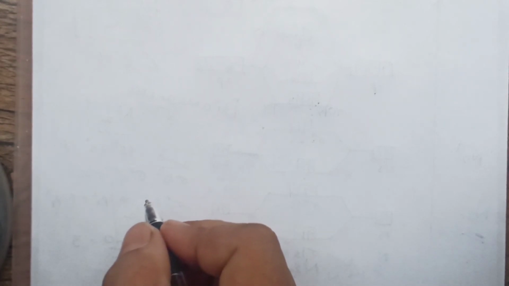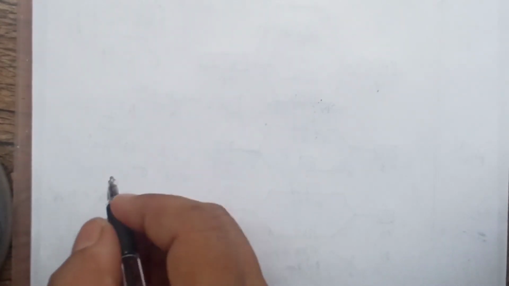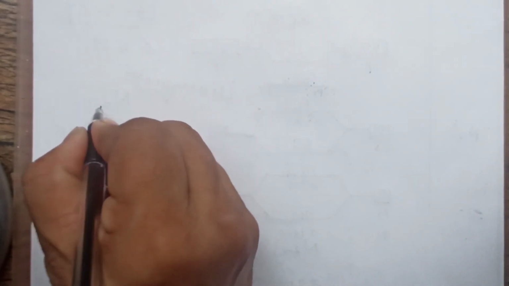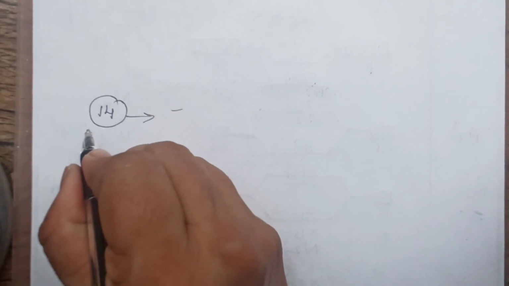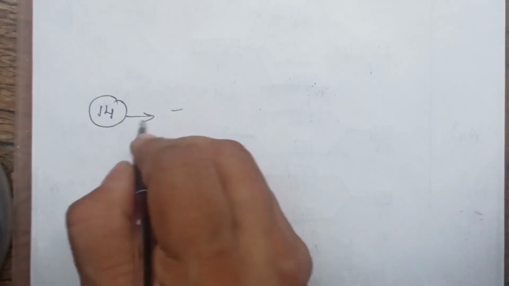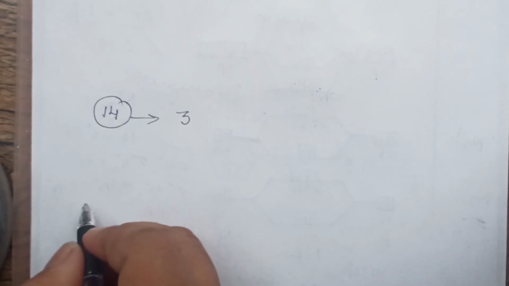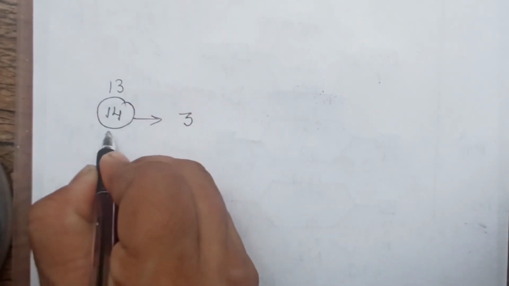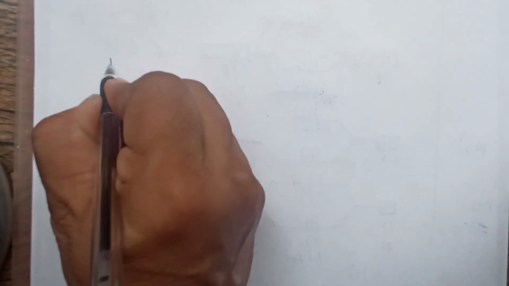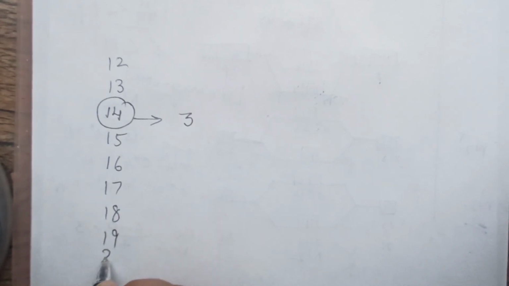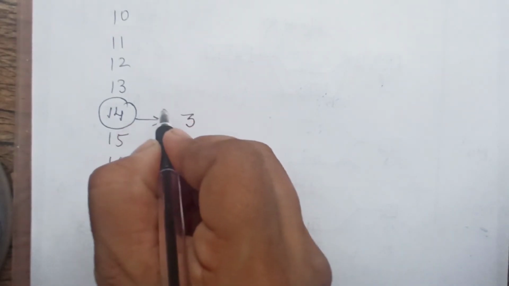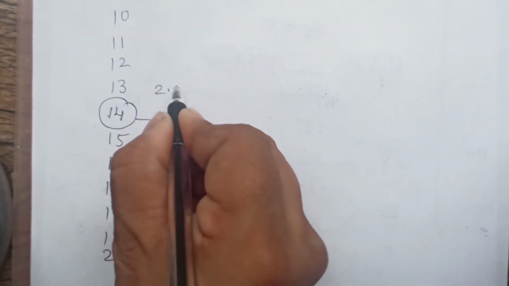At the end, I will give you one trick to calculate the bond order. Very, very simple but very useful. You just calculate the number of electrons. If number of electrons is 14, bond order is 3. Plus minus 1, that means number of electrons 13, 15, then 12, 16, 17, 18, 19, you can go on writing. This side is 11, 10 and so on. So plus minus 1 will make a bond order difference of 0.5.